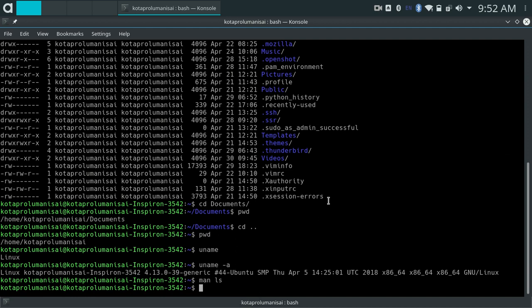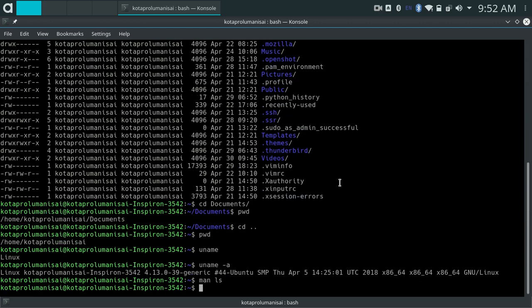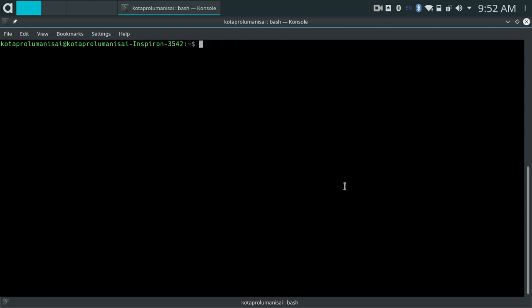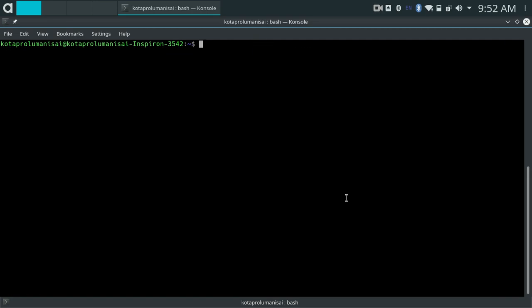If you see, the screen is currently messed up with all these folders and other things. In order to clear them, we can use the clear command. The clear command clears the screen, but the output is not erased. If you scroll up, you can see it, but clear makes your screen cleaner. That's it, I think.